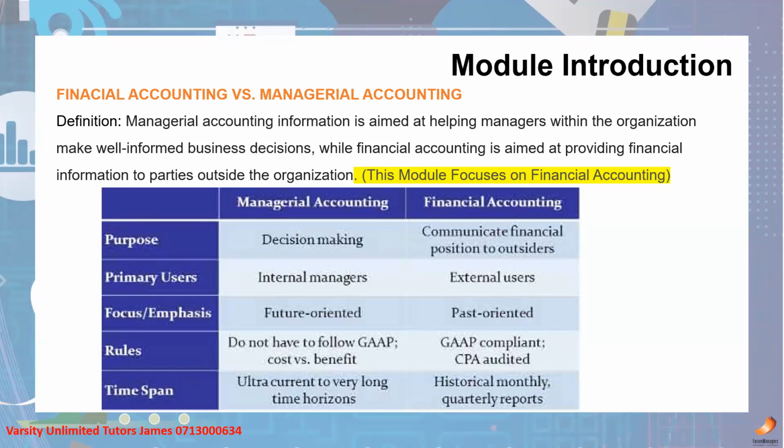And when we communicate this information, we are communicating to outsiders. When we're doing financial accounting, if we go on the Johannesburg Stock Exchange, for example, you will notice that companies such as Checkers and others issue financial statements. They are communicating to external people: this is what our organization has done for this particular period. But financial accounting is different from management accounting.